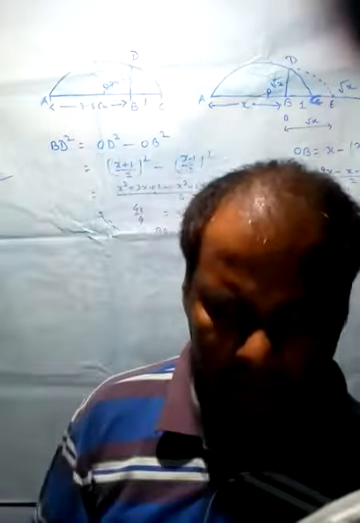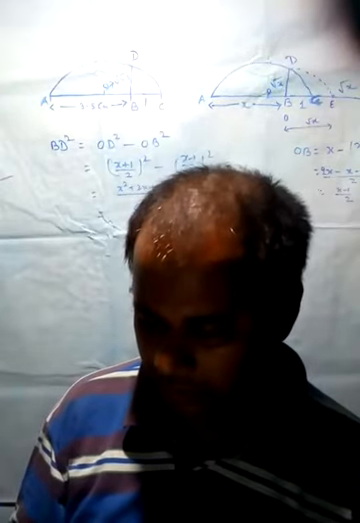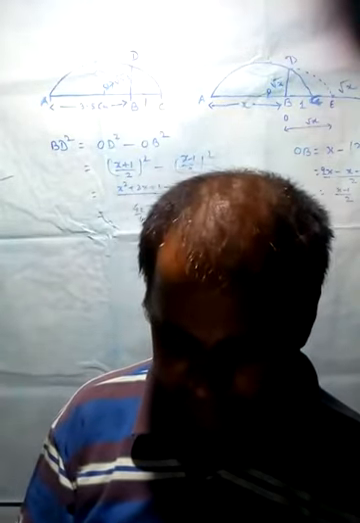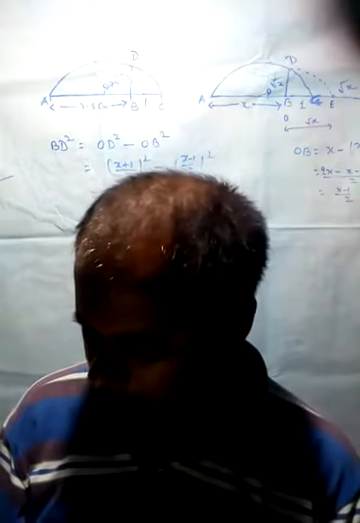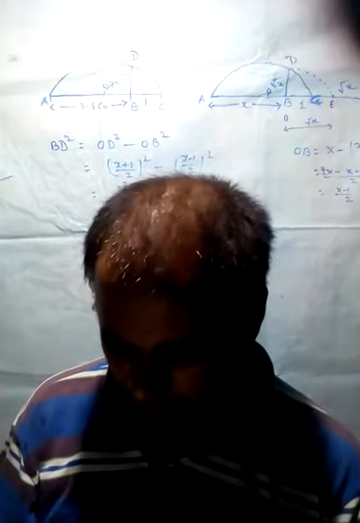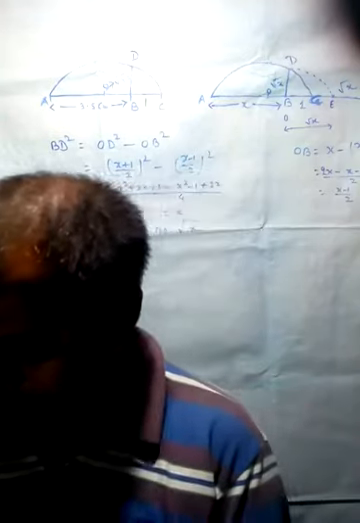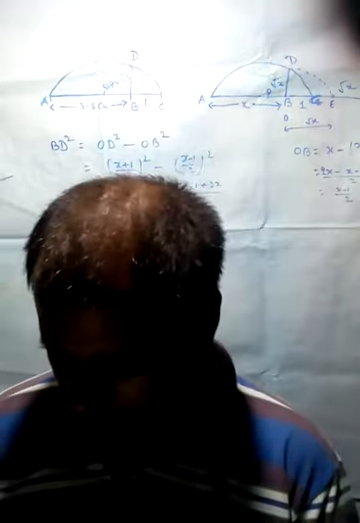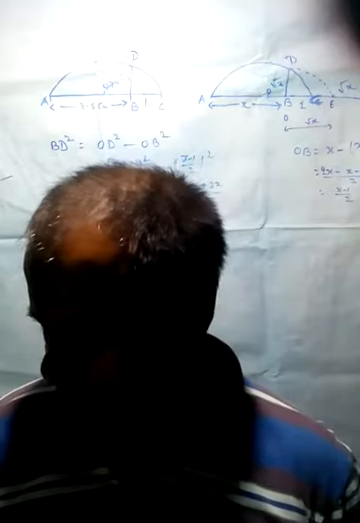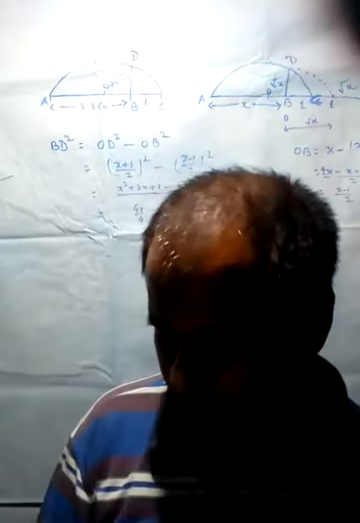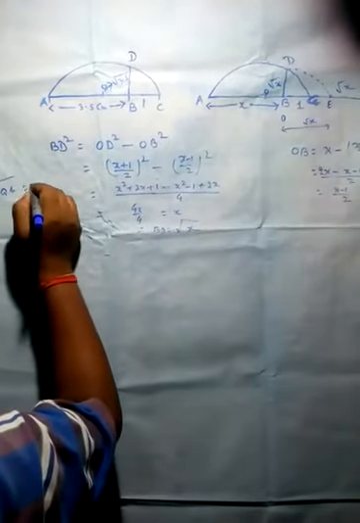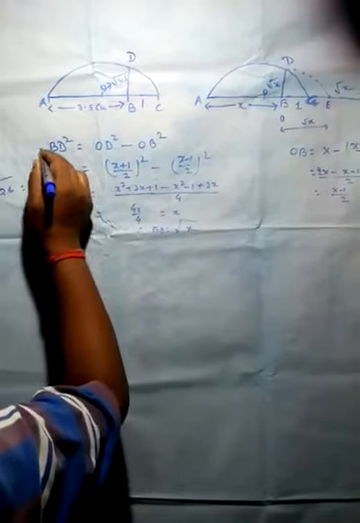We now list some identities relating to the square root which are useful in various ways. You are already familiar with some of these from your earlier classes. The remaining ones follow from the distributive law of multiplication over addition of real numbers and from the identity x plus y into x minus y is equal to x square minus y square for any real numbers x and y. Let a and b be positive real numbers, then root under ab is equal to root under a into root under b.